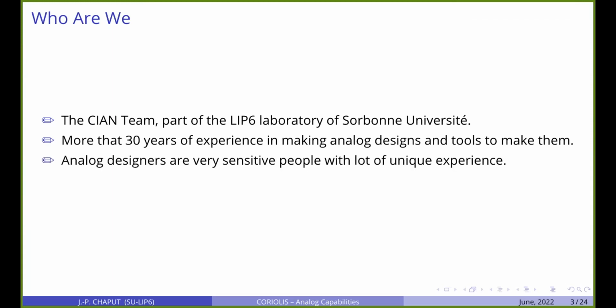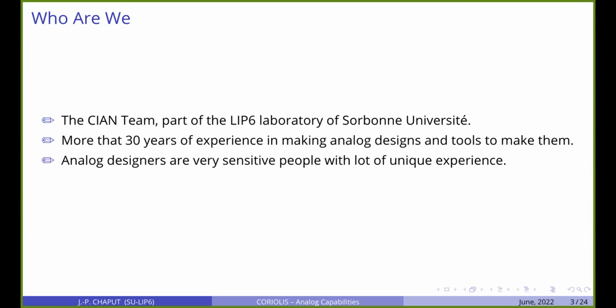And one thing that I did learn in discussing with analog designers is that they are very sensitive. They have a way of doing things, and they usually do not easily rely on automated tools. So the main focus of Coriolis is not to target full automation, but to automate what must be automated